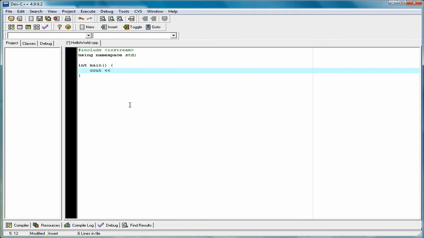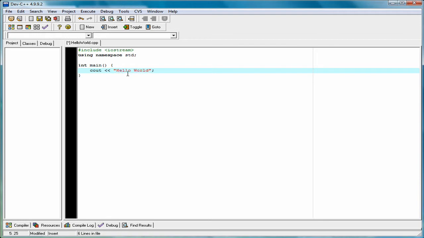Again, it's personal preference, so you can find other tutorials online on how to use the actual std without using the namespace. And then you have two insertion operators, I think they're called, like the two carets that you use up here, but they're both going the same way. Think of them pointing left, or opening up to the right. And use quotes here and the semicolon to close the line. What's inside of the quotes would be Hello World.